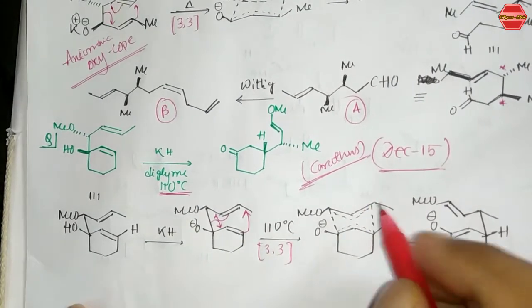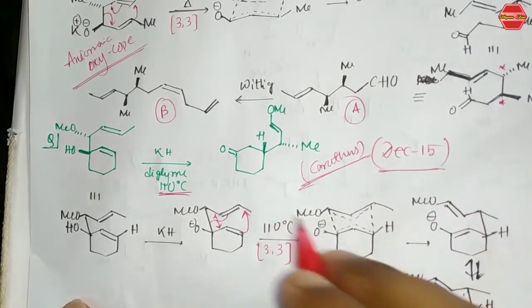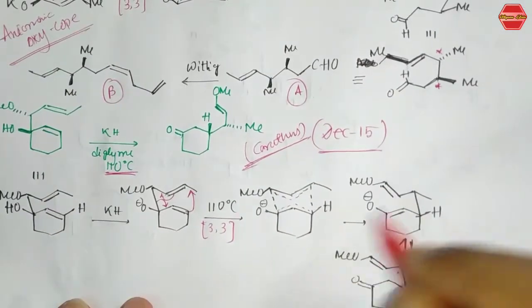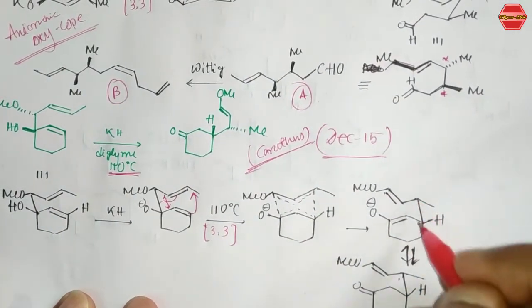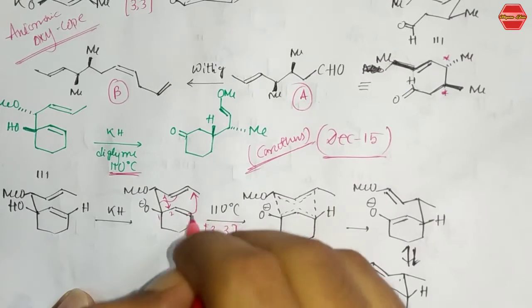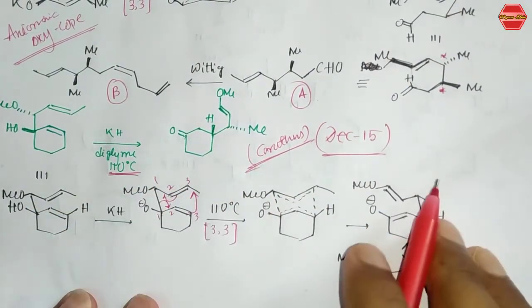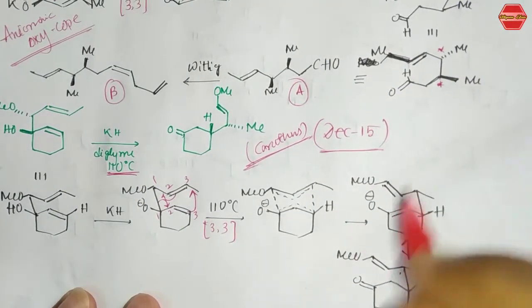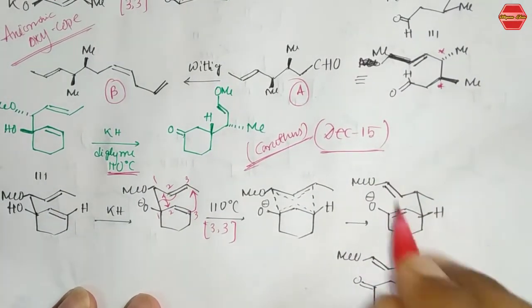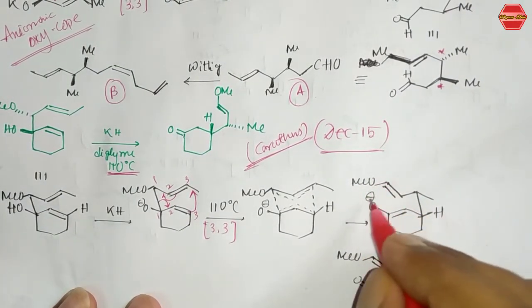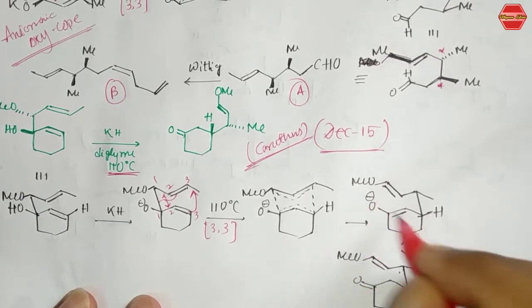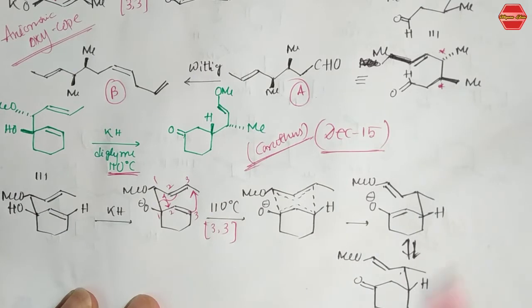getting this intermediate. So you can see that there is a bond formation between these 3,3. That is how it is 3,3: 1, 2 and 3. This is 2, 3, 1, right? So this is your 3,3 sigmatropic rearrangement. You are getting this bond over the 3,3 center, and after this, O minus takes a proton, and after the tautomerization you are getting this ketone over here.